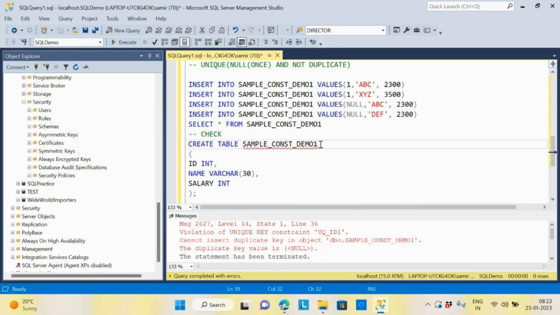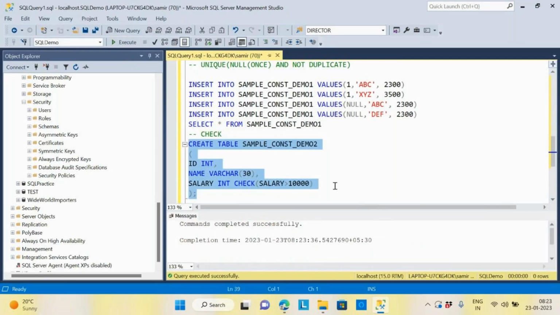Let's take demo 2, with ID, name and salary. This time I will use check here. Check constraint, I can give a condition: salary greater than, let's take 10,000. So this is the check, salary greater than 10,000. Now if you execute it, what will happen is